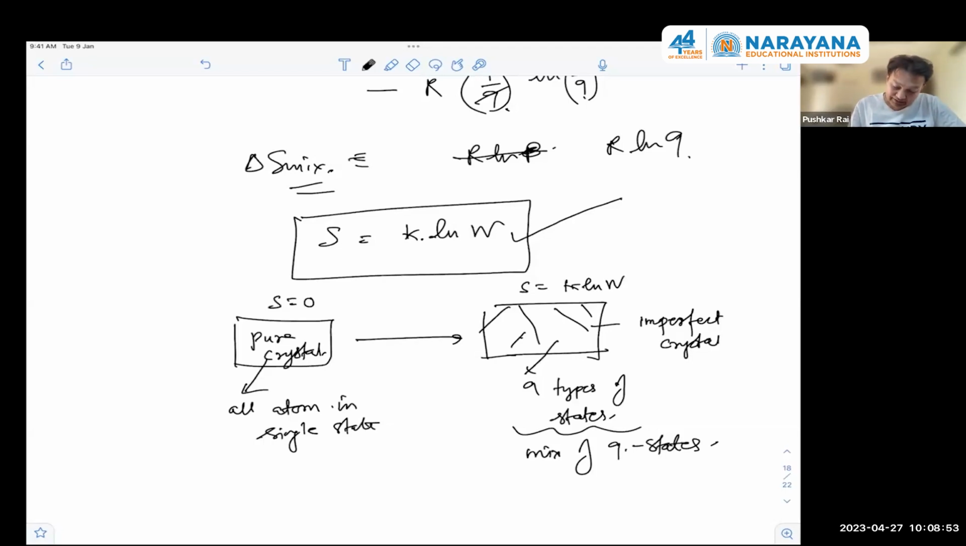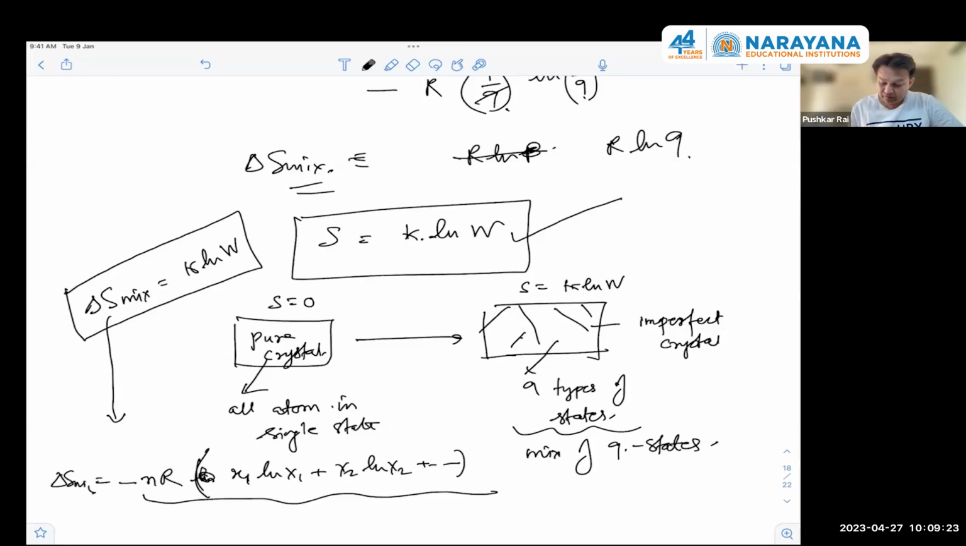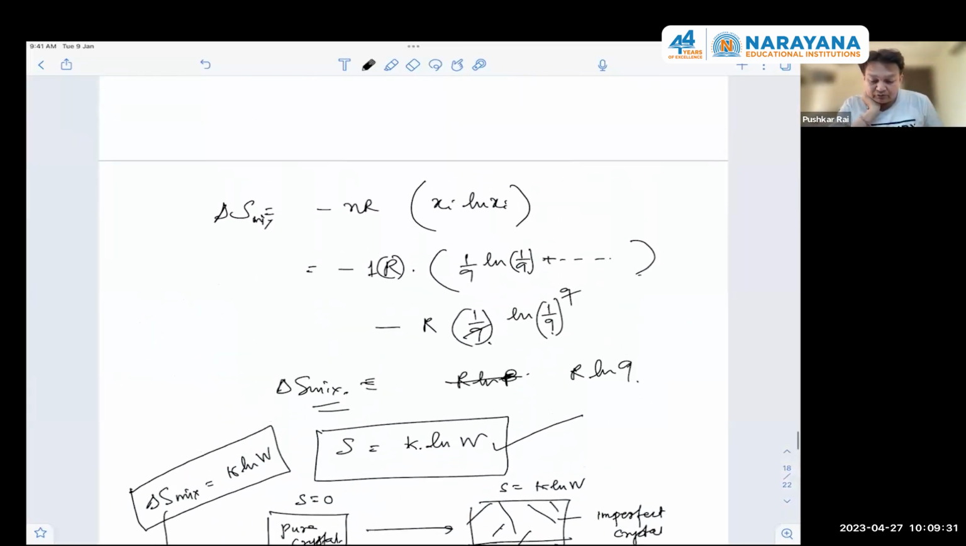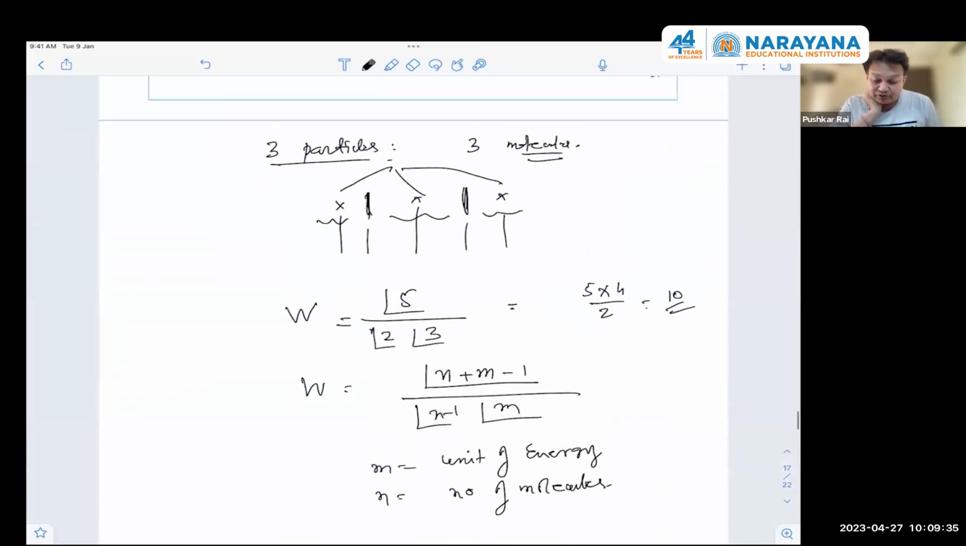So what is delta S mix? We already know delta S mix is equal to NR (X1 ln X1 + X2 ln X2 + ...). All right, do you understand this? So this one question is based on the third law of thermodynamics, which tells us that even at absolute zero,